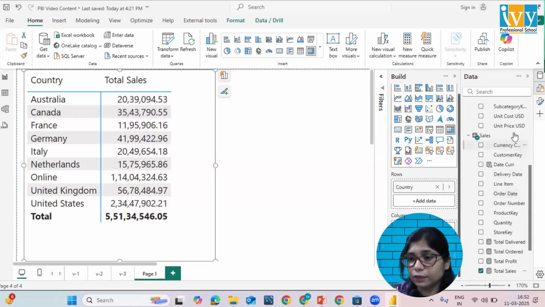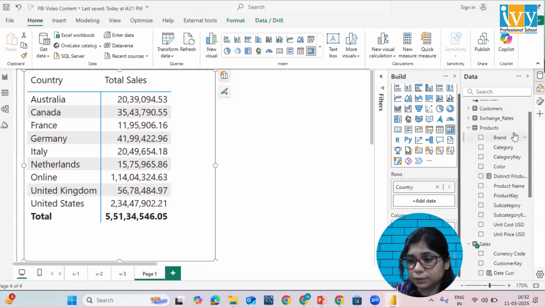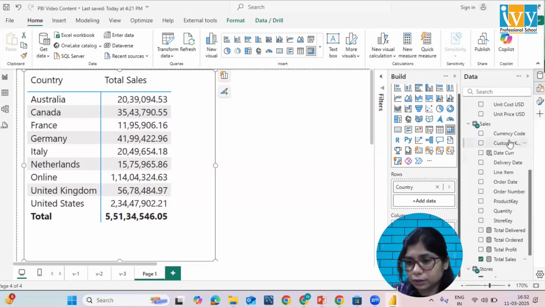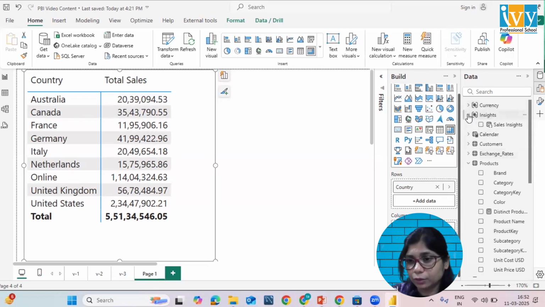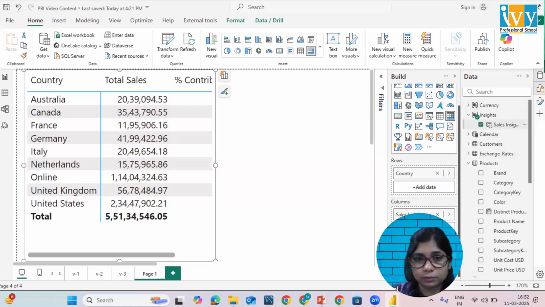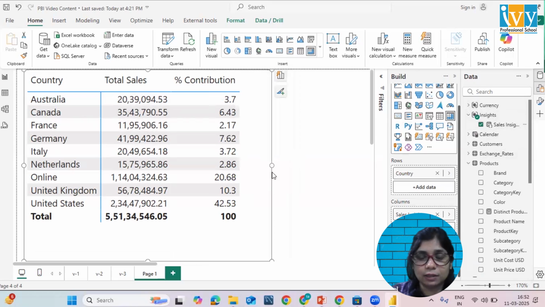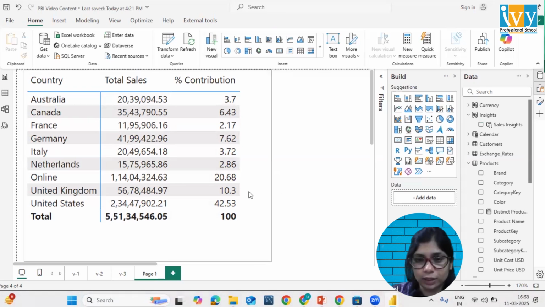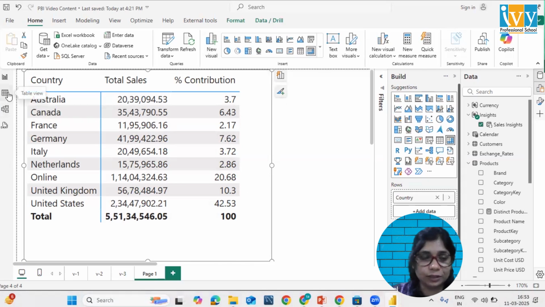And now, what I will do is, I will drop this calculation group, the sales insights, in my columns. And if I do that, you will see I have now my total sales and percentage contribution. Now this calculation group has only 2 items. You can add as many as you want, right? Now we will see this shortly in my next calculation group,